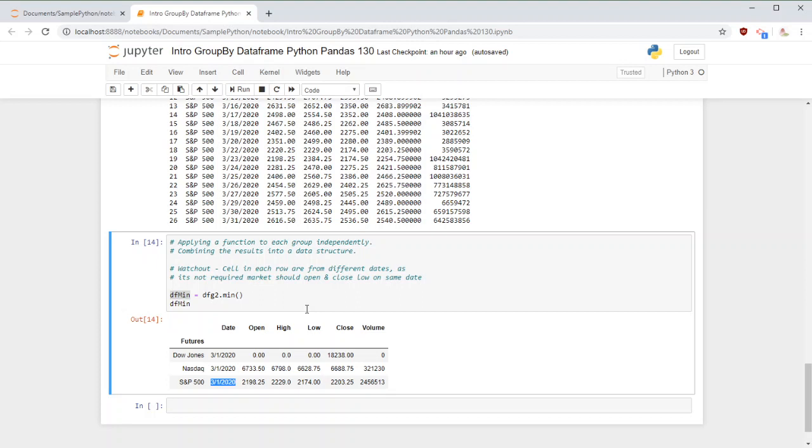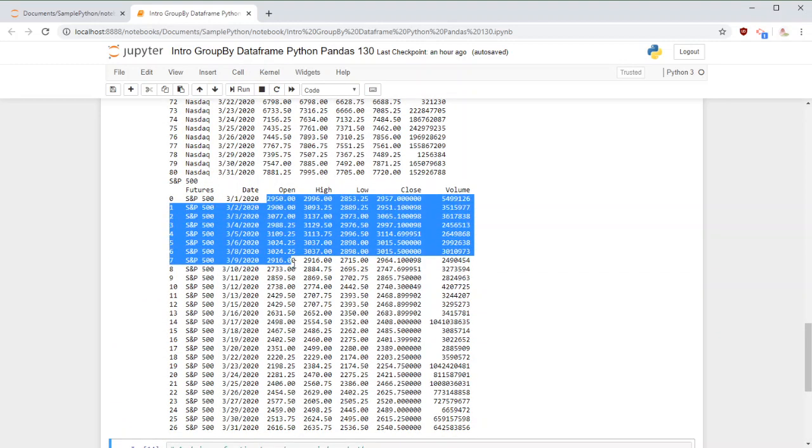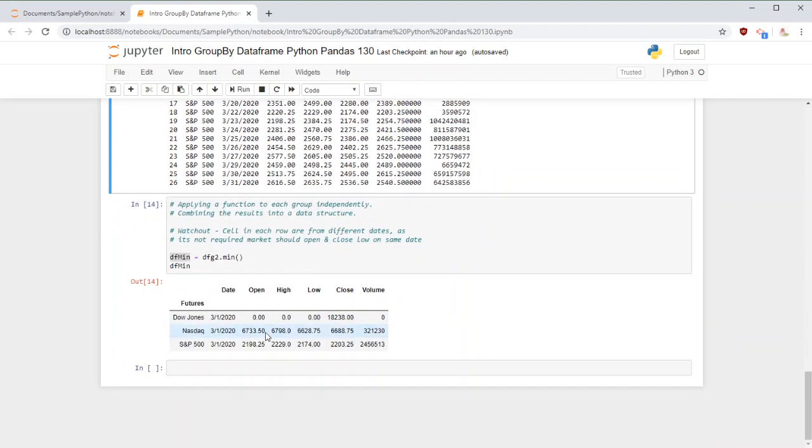So based on every string, Dow Jones or whatever the key value is, you have a set of 31 data. On those 31 data, what is the lowest? Of course March 1st is always the lowest. And then in the second set, it's going to see what is the lowest value for the open, high, and each of these, and it gets those values and throws them out here. So by this we are able to get all these high, low, minimum values.